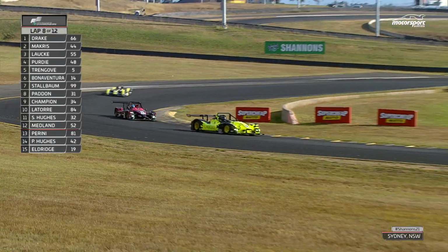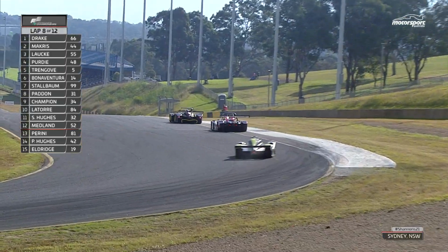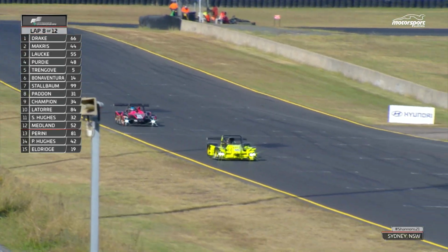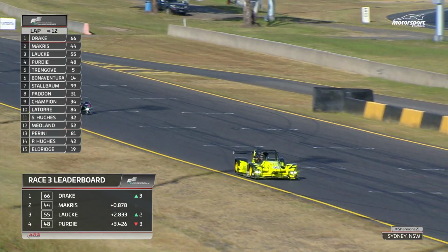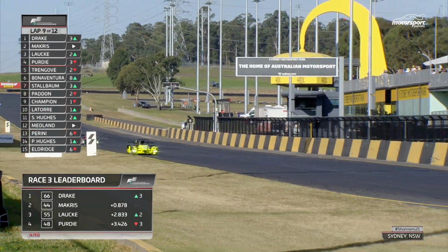And it's a cool track. And in these ground effects cars, I think it'd be pretty cool as well because you've got a lot of downforce, a lot of corner speed, and that's what I've been surprised so far this race. Typically with high downforce, you don't get the ability to follow so closely because that air is disturbed, but they're actually quite, following quite closely through a lot of the turns. It is